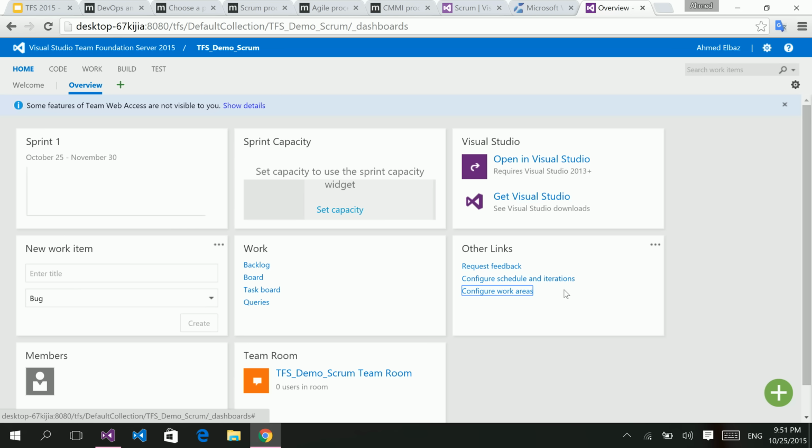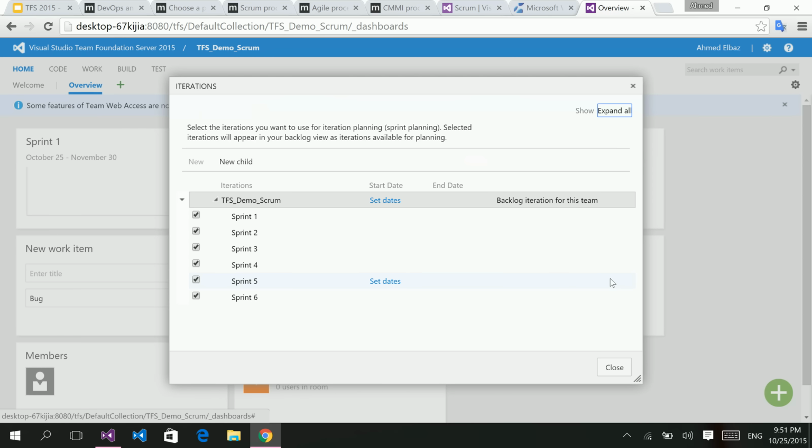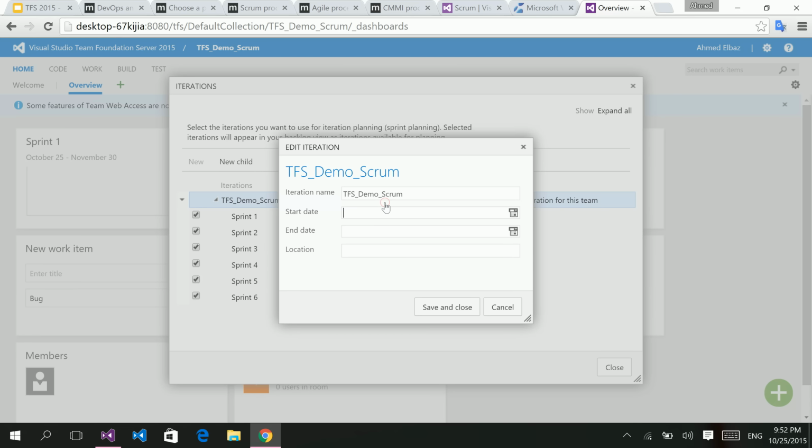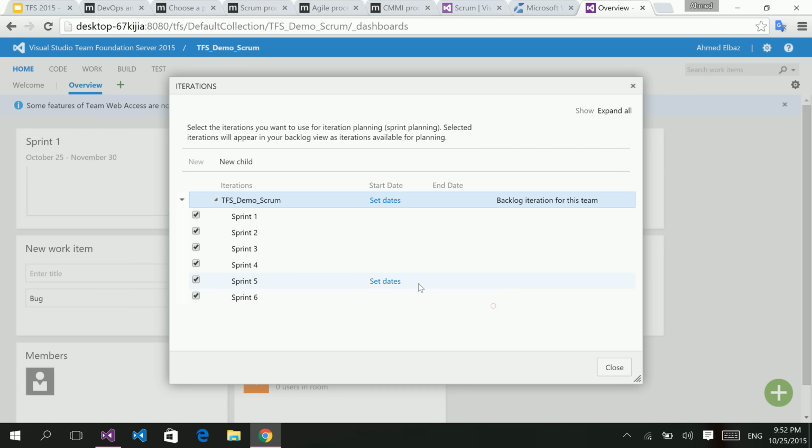And the second concept is the iterations. If work areas are all about the functional areas, then iterations are about time. It's about the phases of the development of our project. It could reflect your release plan. So we have by default one iteration, which is the whole project, the default one, TFS demo Scrum, and we can set some estimated dates for the start and end date of the whole project, and even add some other